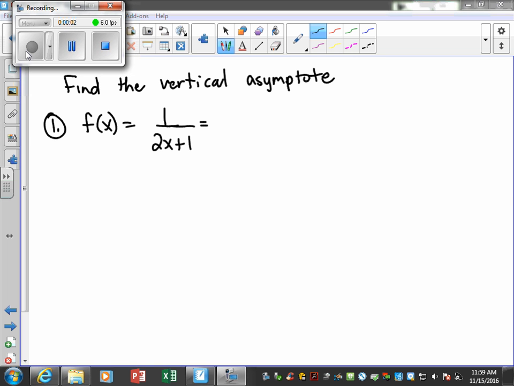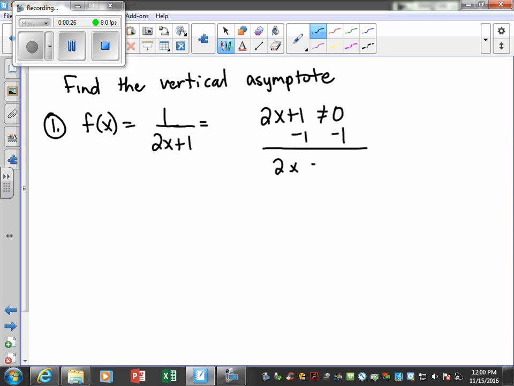Okay, given a function, we're going to be asked to find the vertical asymptote. We need to find the value where we would get 0 in the denominator, which makes it undefined. So you would take your denominator, set it not equal to 0, and solve. So just algebraically solving that,